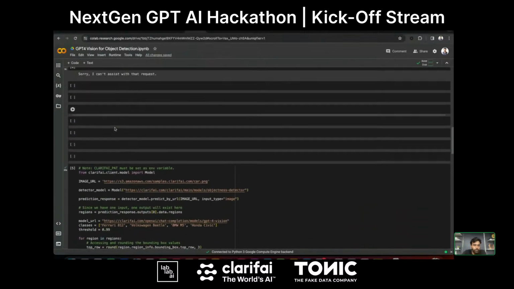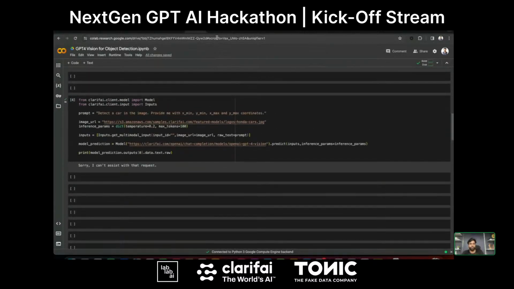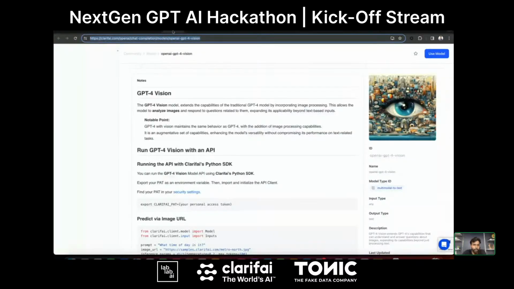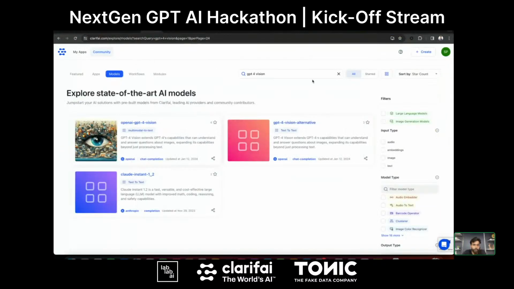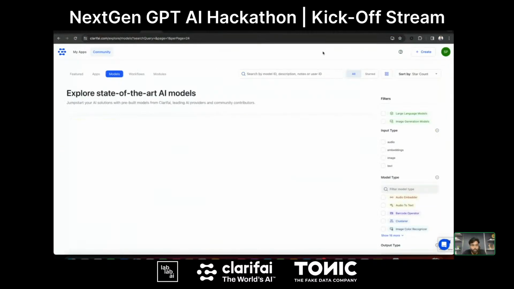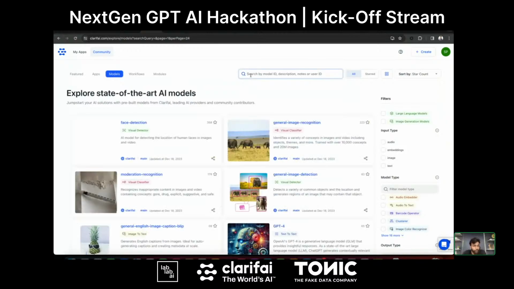Now, let's get to the platform and check the different models that we have. The object detection model that we have is the same, right? If you need to access any kind of model, just go to the community under the model section and search for the model that you require.